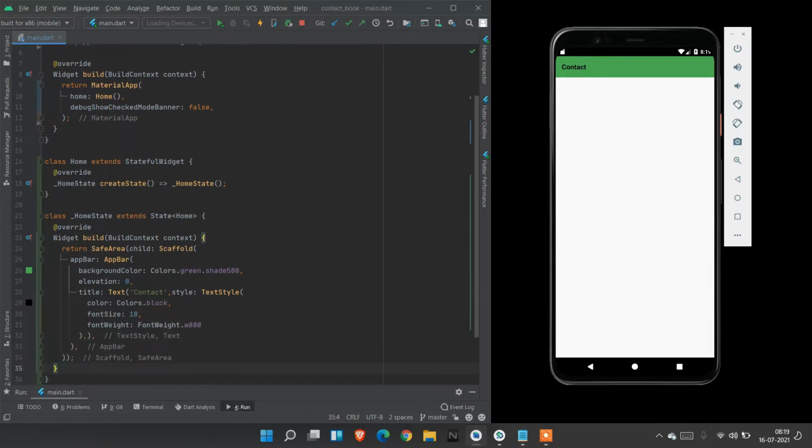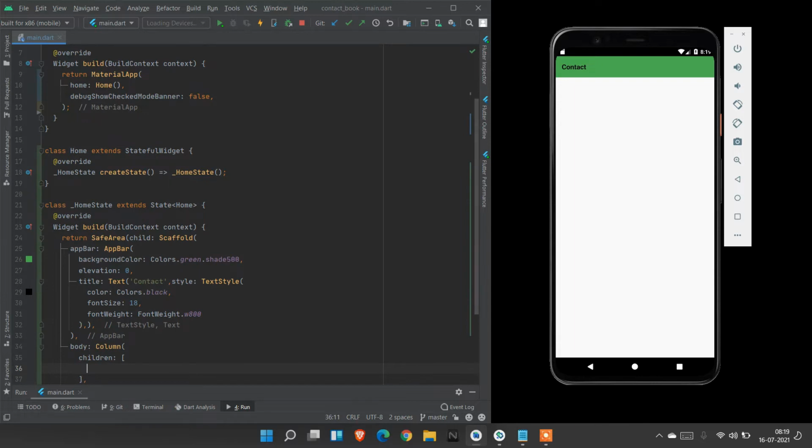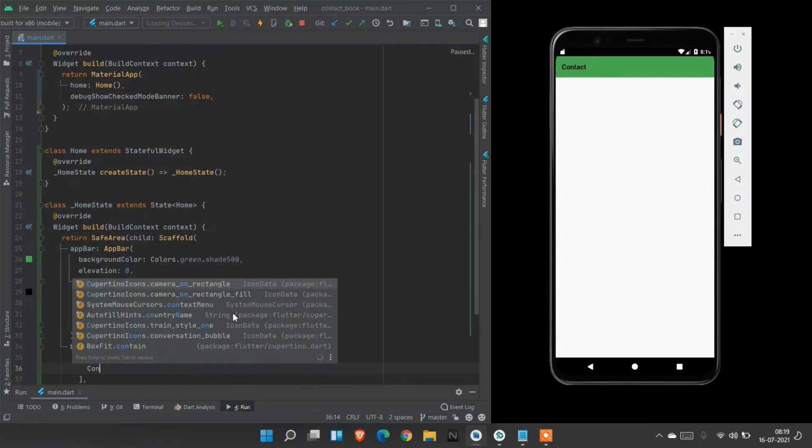Let's create a body part. Body. Now first we need to create a search bar. For that, Column, children. Inside children we are going to design a Container.